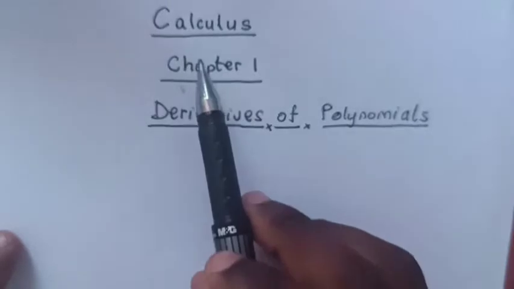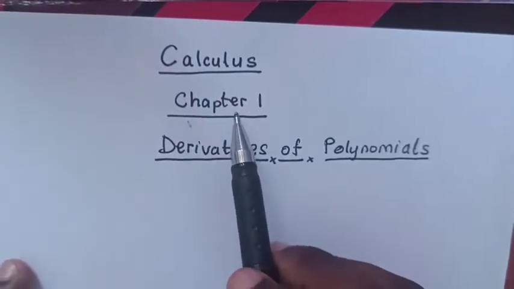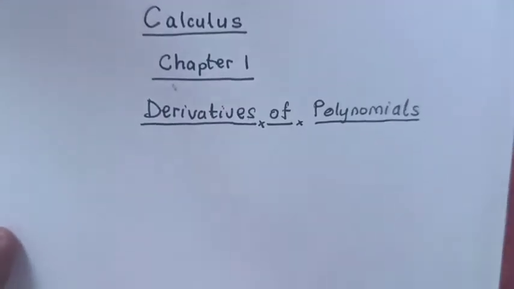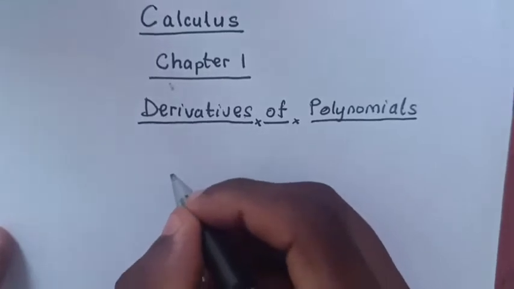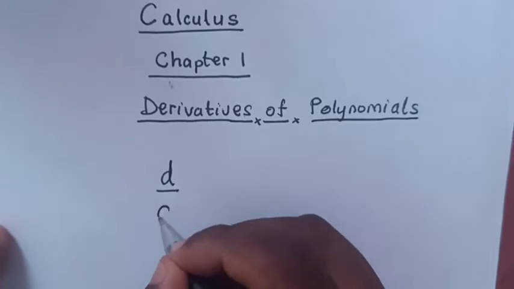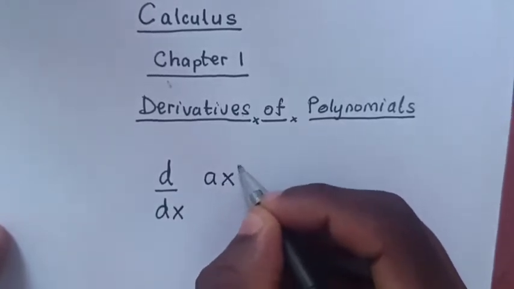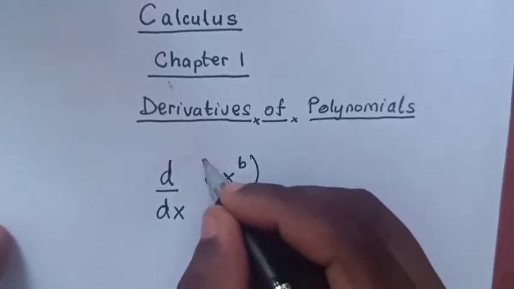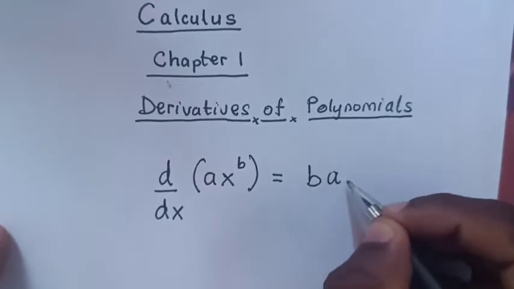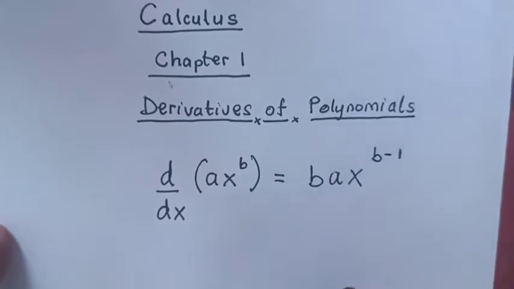We're going to discuss calculus chapter 1, derivatives of polynomials. We'll do the whole calculus course, so we are starting with the first chapter. d over dx of ax^b. The derivative of ax^b with respect to x is equal to b times a x to the power of b minus 1,